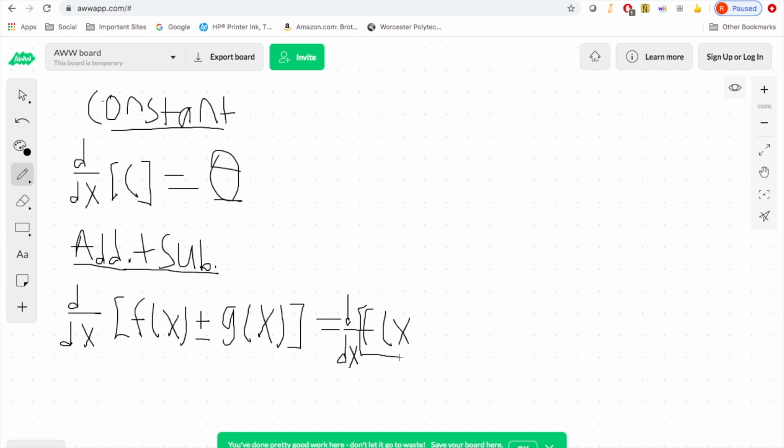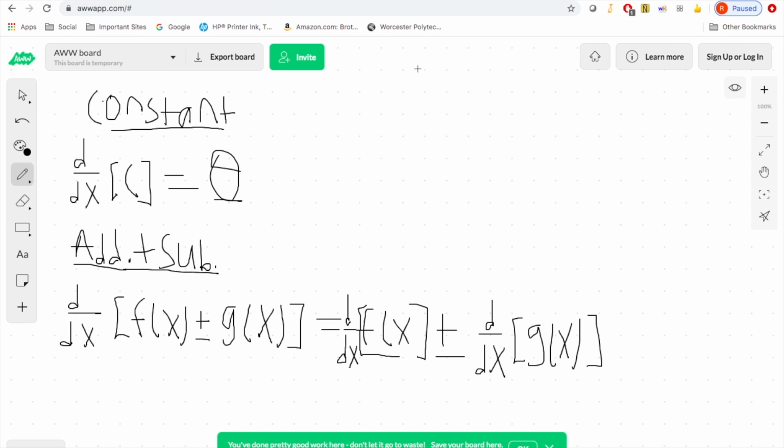And that, by the way, is the derivative of f of x plus or minus the derivative of g of x. So this is the rule written out. All it means is that if you're adding or subtracting derivatives of two different functions or equations, you can split it up and do the derivative of each one separately. And so just for a quick example, for the constant rule, the derivative of 7 is 0. For this rule, this is the rule written out, but for an example, say that we wanted to find the derivative